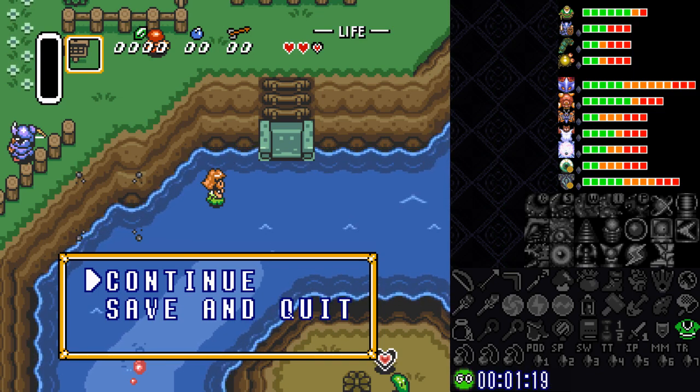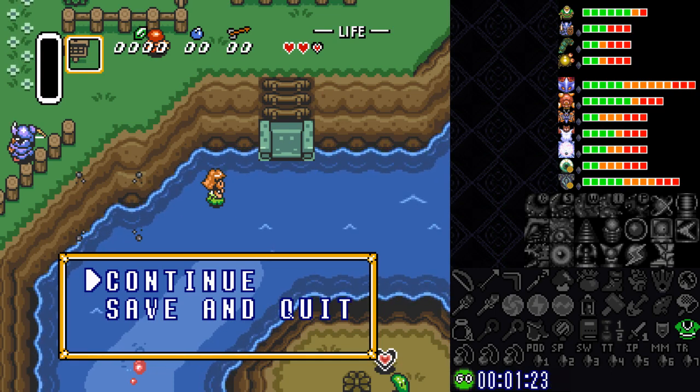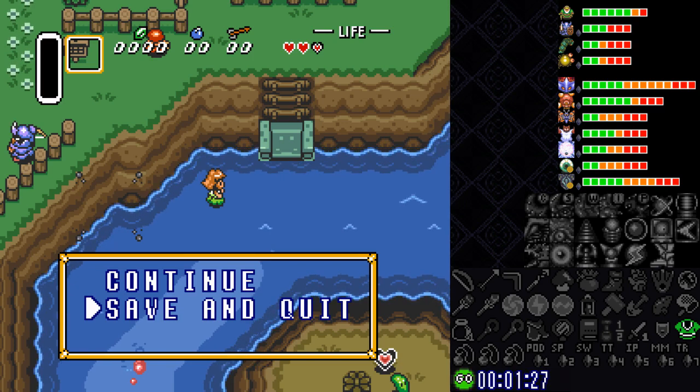So we just came out of that doorway, and I immediately came over here and jumped off the ledge, and that's so I could see that item in the lower right-hand corner. That item...